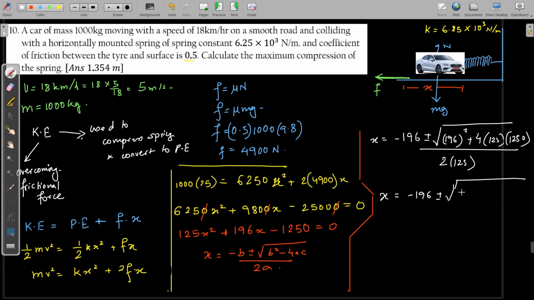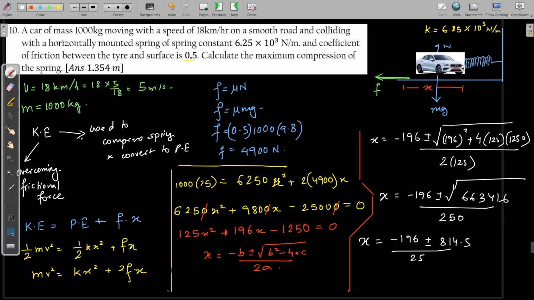So let me just do the calculation. You don't get scared about the values. Please see how we are solving it. The solving method is very important. The concept is more important. We are getting here 663416, and by 1250 means 250, right? So we are getting root over this value, minus 196 plus minus